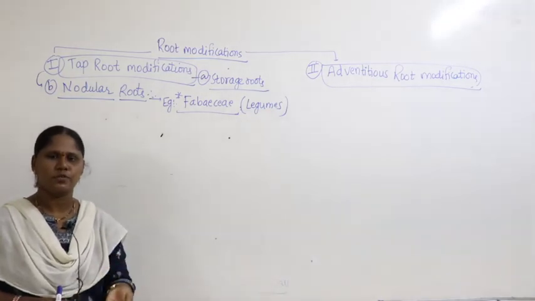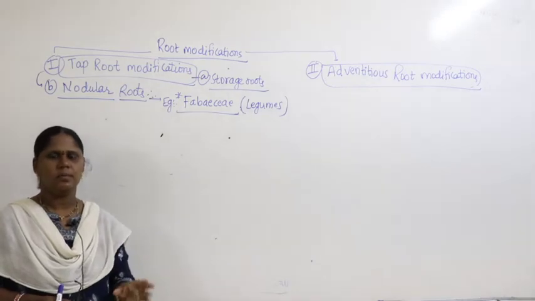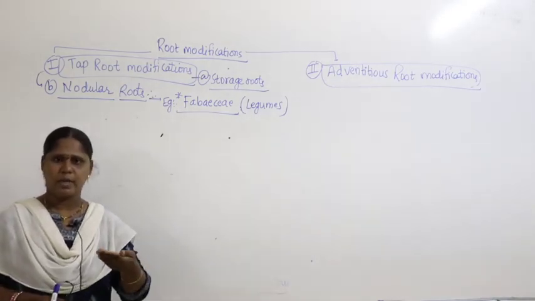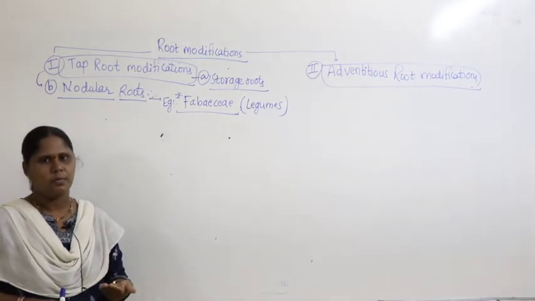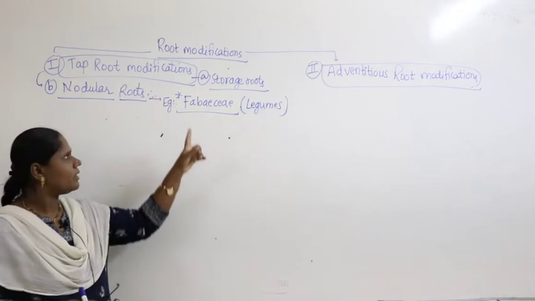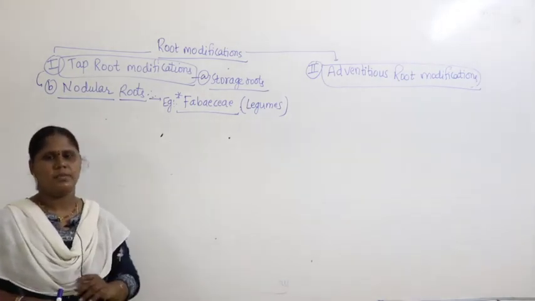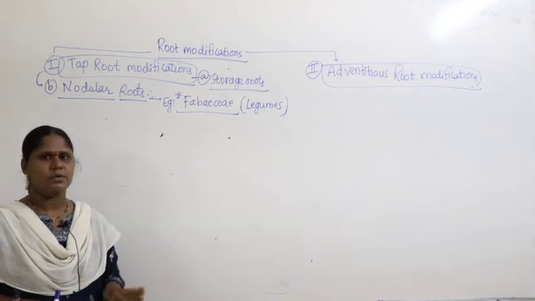Then the moment you look at Fabaceae, you may ask a simple question: what are the plants we have to imagine for Fabaceae? Guys, it's quite simple. The plants or things we make use of in the kitchen, or the vegetables we make use of, some of these plants belong to the category called Fabaceae. Now which plants? I will let you know, do not worry, I will give you known examples.